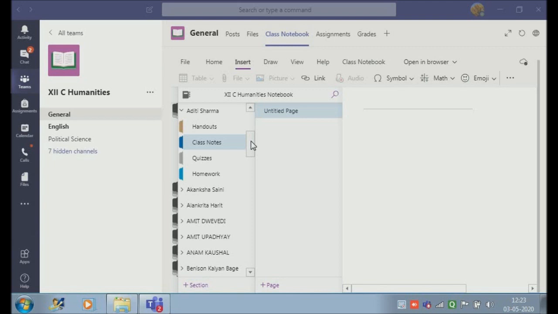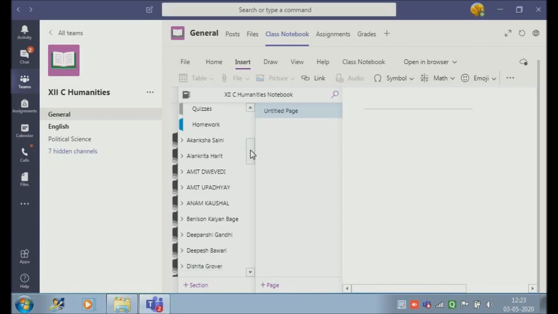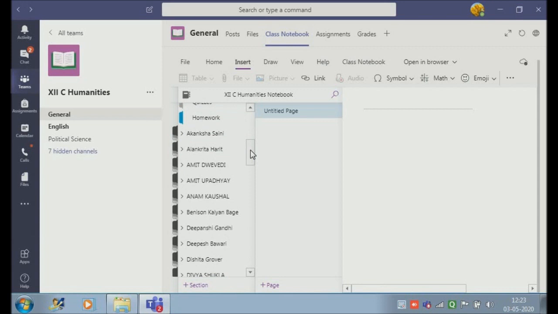Teacher can see the class note of each child, where each student can submit their work using the homework section. From the student's end, they can only view these sections for themselves only. You can guide the students to upload the homework in the homework section, and the ideal practice should be that they should write date and subject, and may it be the title of the topic or chapter name they can mention.